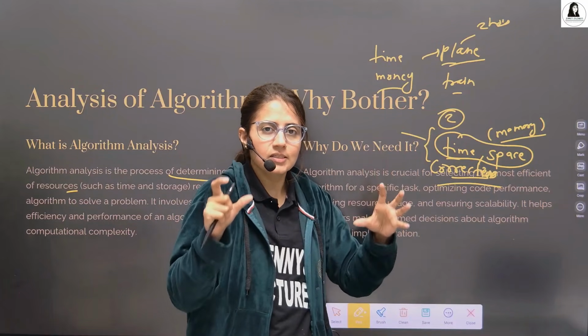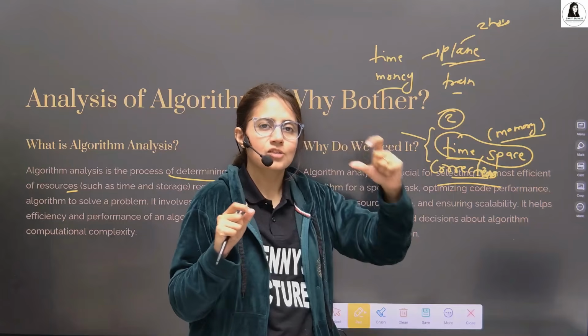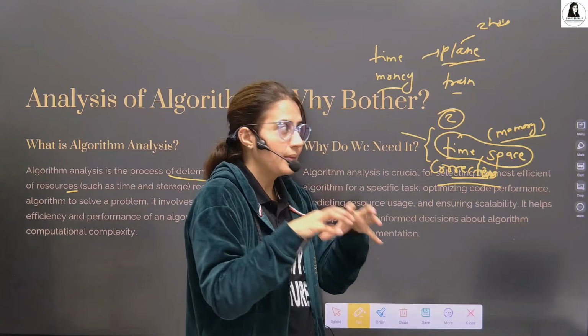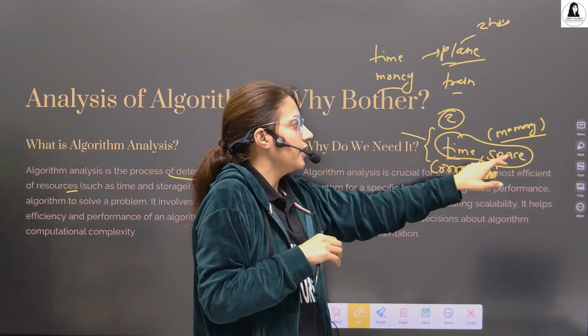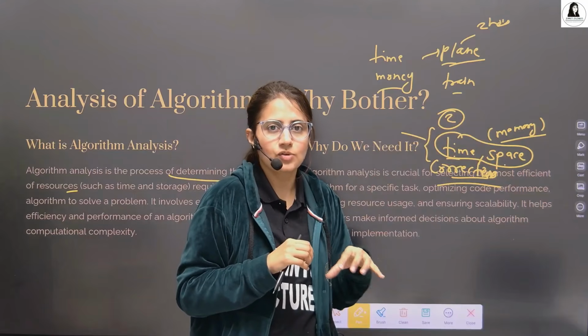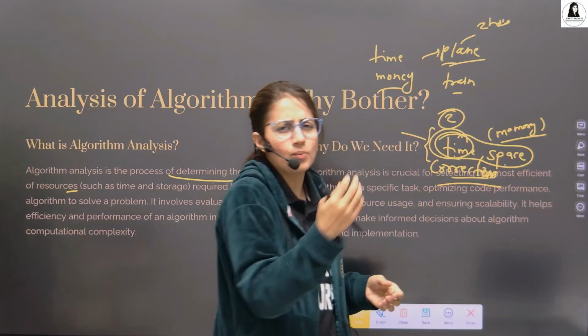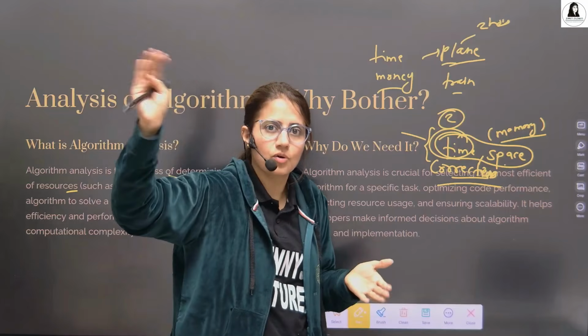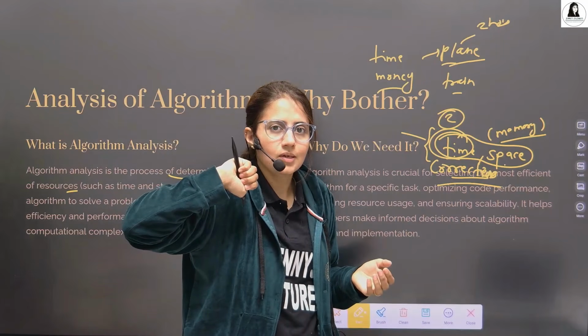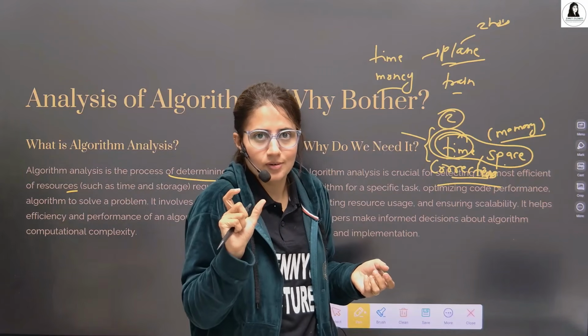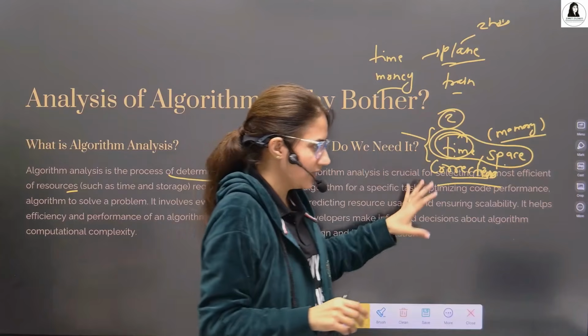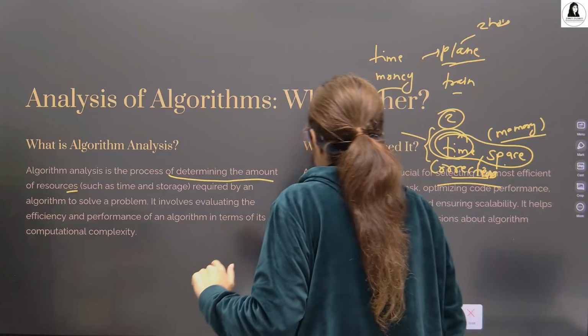So complexity analysis is like a subset of analysis of algorithm. It focuses mainly on time complexity and space complexity. These are important. Mainly time complexity is important. Space complexity is not that much important. Time complexity is crucial, so we'll see time complexity in this lecture.